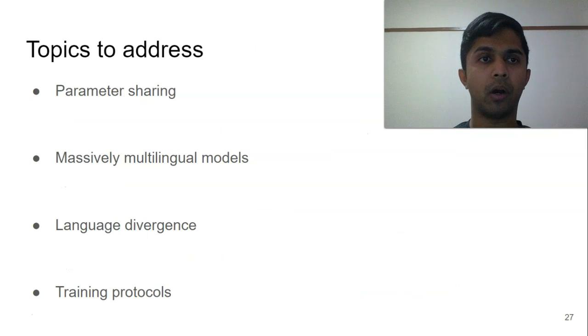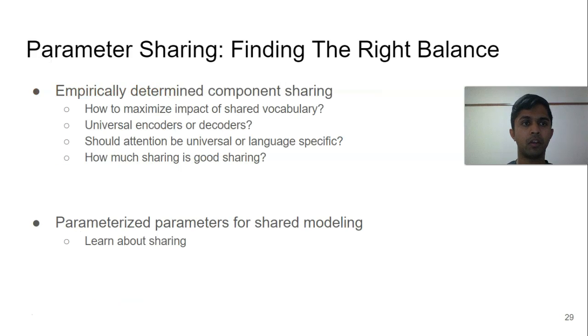I'm going to mainly talk about topics related to parameter sharing, massively multilingual modeling, language divergence, and training protocols. So let's get started with parameter sharing. Firstly, my colleague has already established the foundations of multilingual neural machine translation by talking about a minimally shared and completely shared machine translation model. Now, these two architectures are not necessarily the best, and there has to be an optimal amount of sharing that can be done. And what we can do is empirically determine the amount of component sharing in order to find